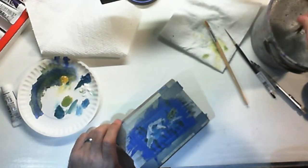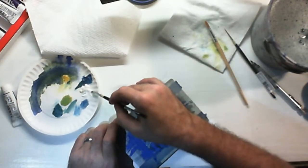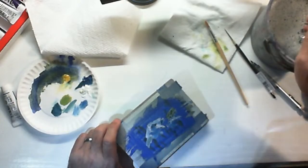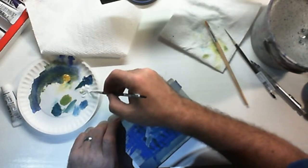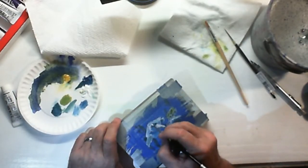I don't really want to lose that edge. By losing the edge, what I mean is you're not supposed to draw lines, right? You're supposed to just let the colors define the edges. But sometimes